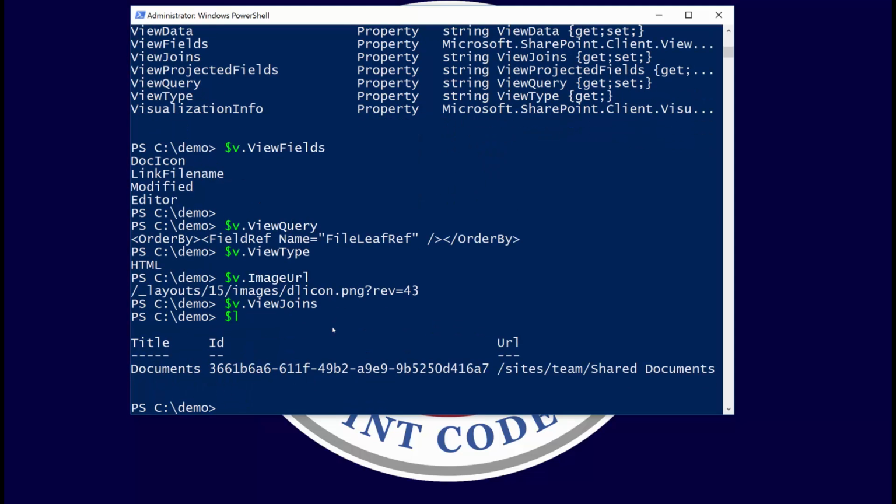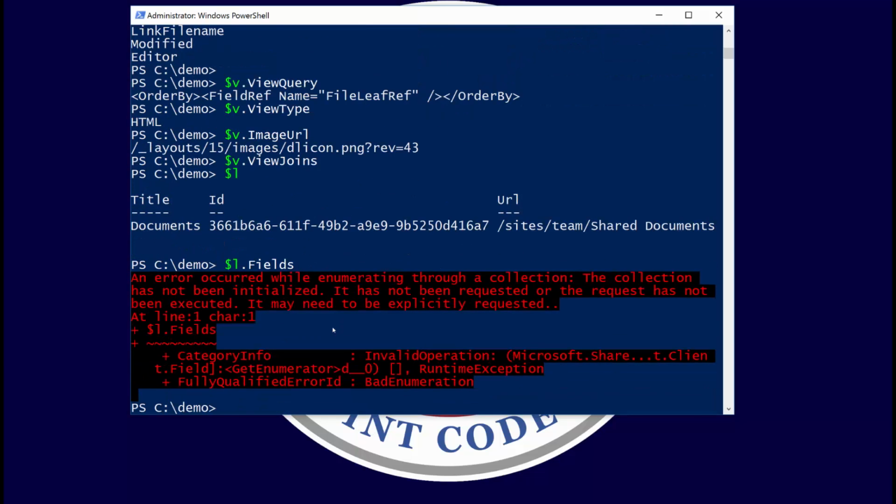Let's go to the list object and show you it there, because I want to show you that this is a behavior that is not specific to PowerShell, but it's actually a behavior that is specific to the client-side object model. So if I go to the list and I see if I have fields here, there we have an error message: an error occurred while enumerating through a collection. So it's not that the commandlet is wrong right now, but basically what it means is that